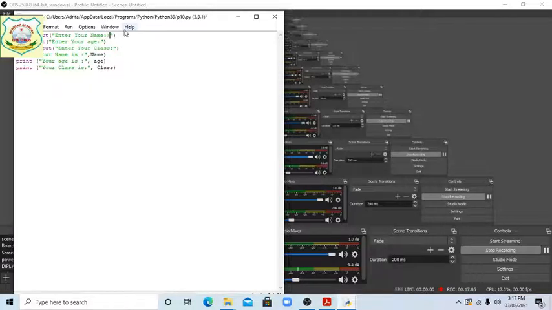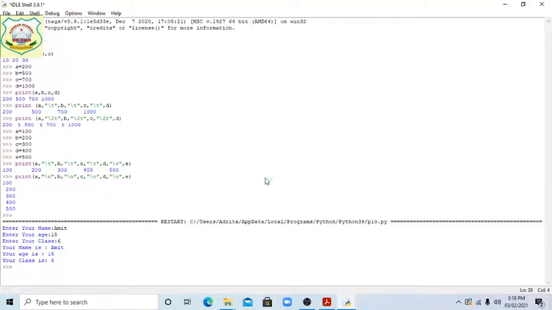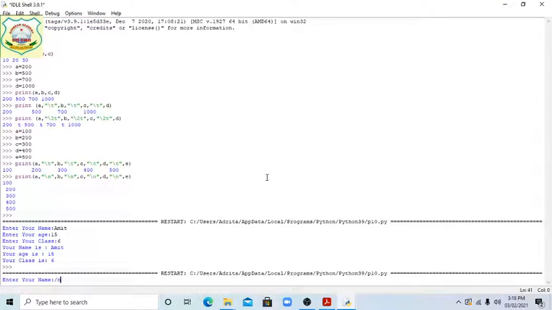Here also you write the slash n, then now slash n, and also here with a slash n. Now run or F5.